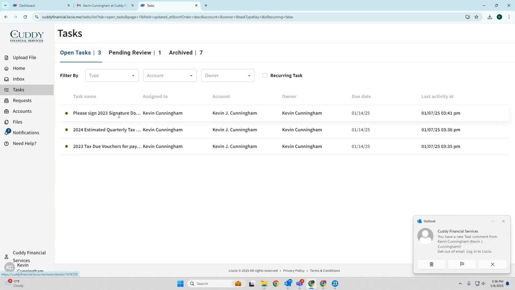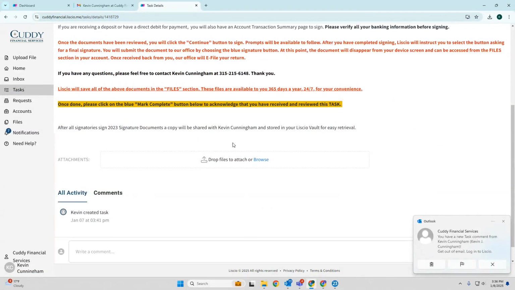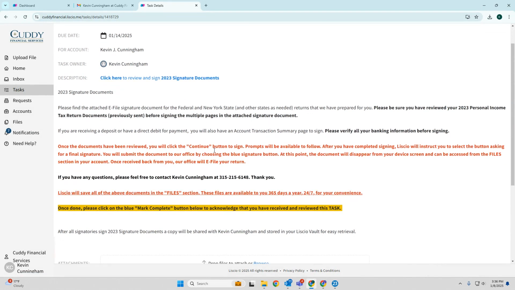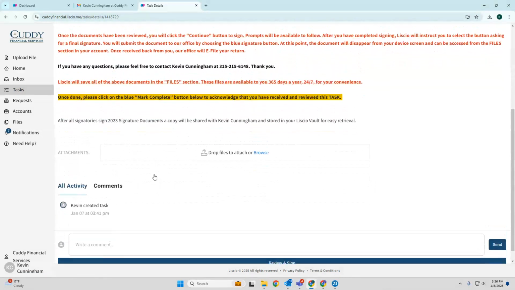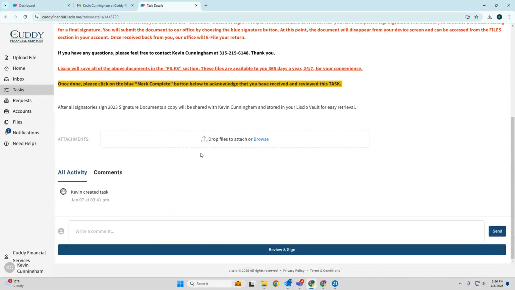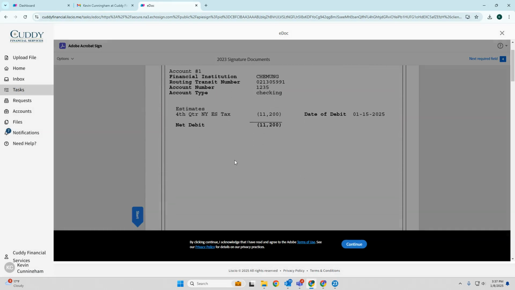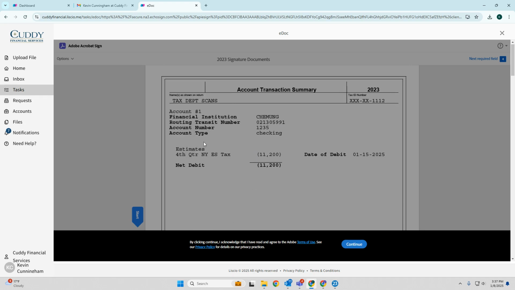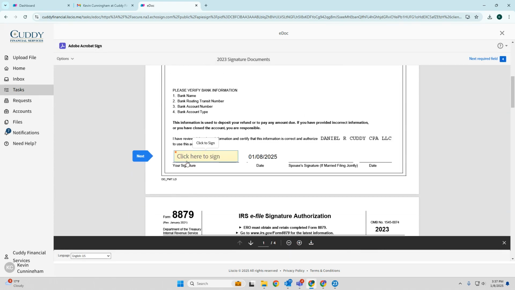Next, I'm going to go into the signature documents. When I go into the signature documents, you're going to have this same blurb here that just details what's included. And in terms of beginning to sign, if you click review here to sign, that'll start it. But if you scroll down to the bottom of that page and click the review and sign all the way at the bottom, that will also start it. You're going to hit continue and then hit start. It'll bring you to that first